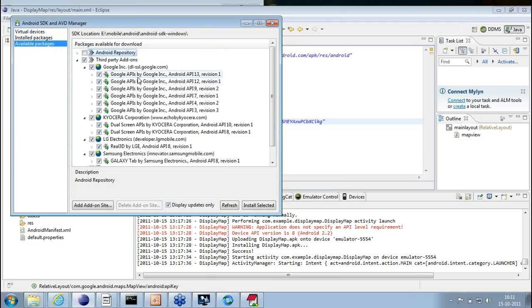As you can see, I have the emulator installed for 2.2 already, but I don't have the emulator installed for 2.3. So what I can do is install this API 9 emulator and run my Google Map application for API 9. After installing this emulator,